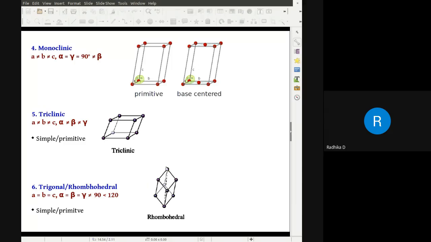So you might have seen the shape of a kite. We say that shape is a rhombus. So this is a rhombus shape on the top and at the bottom. So this is only simple or primitive. That means one atom at the corners, 8 atoms total. So we have done 6 crystal systems, and after the 9 it is 10, 11, 12, 13. That means one crystal system and one more arrangement of atom is pending.